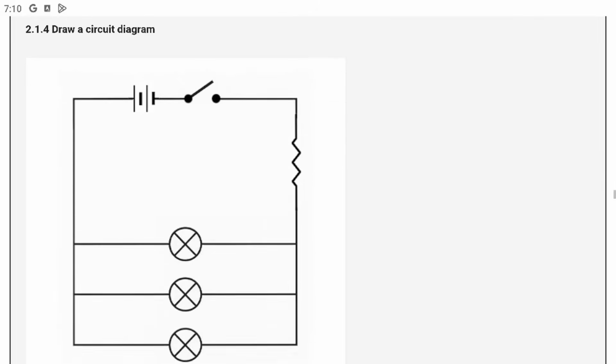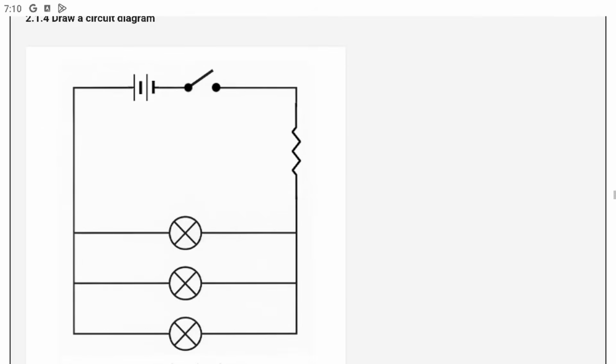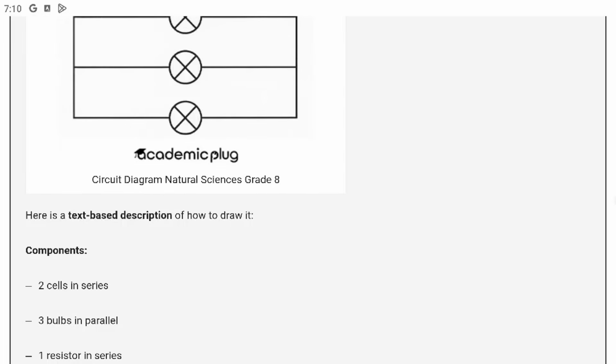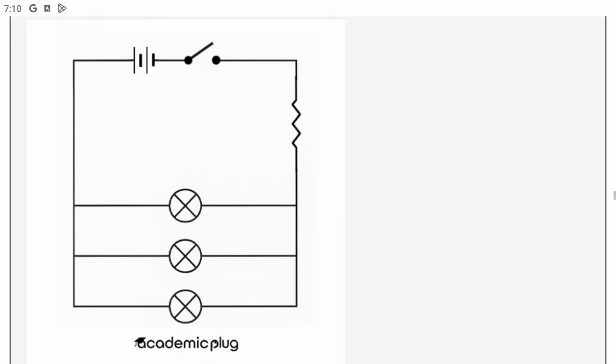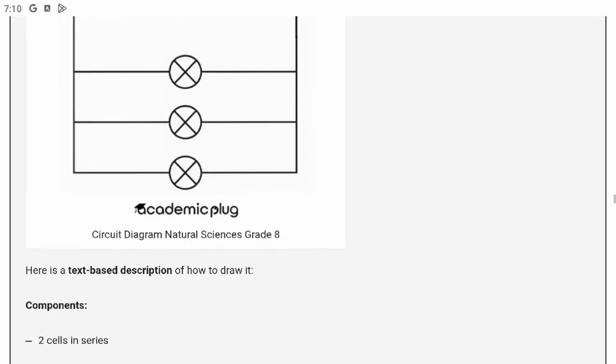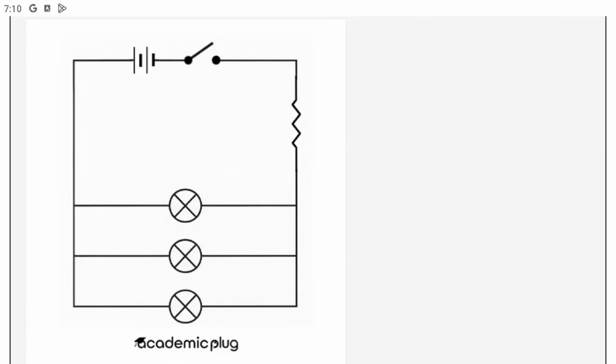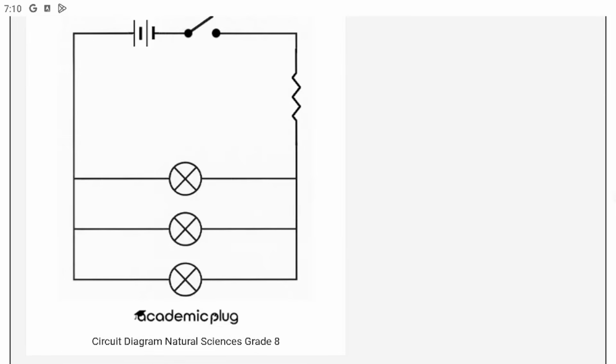So that is our circuit diagram. You can see the 2 cells at the top there. 2 cells in series, which basically means that they are on the same wire, just beside each other. And 3 bulbs in parallel, as you can see at the bottom there, each bulb is on its own wire, and